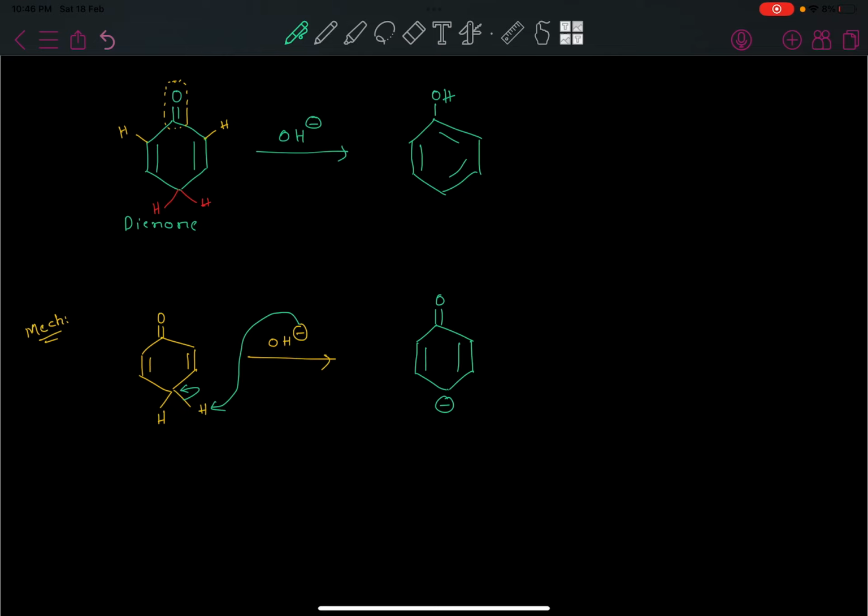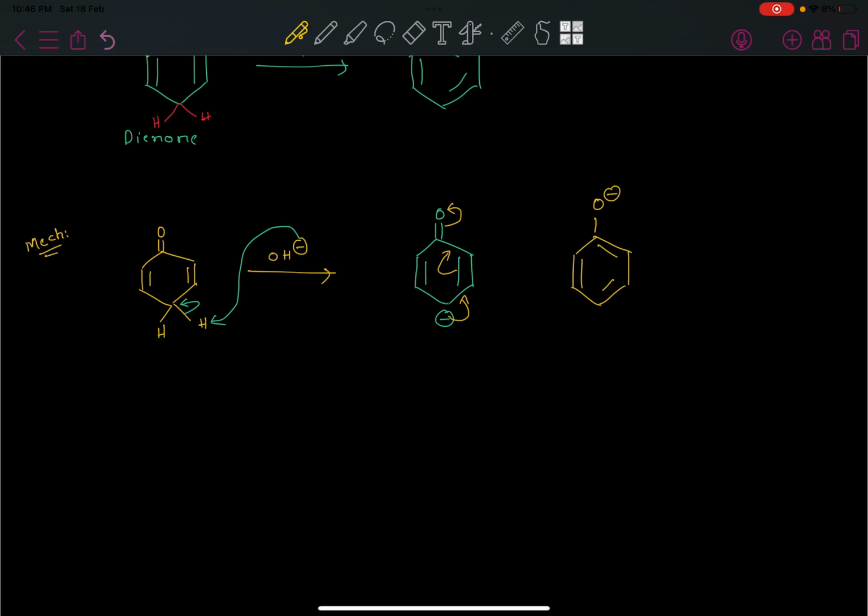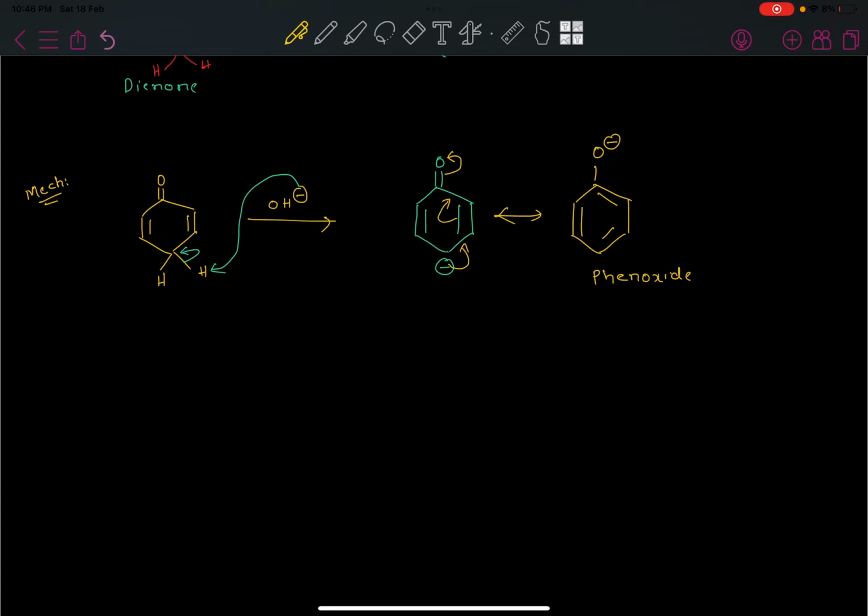So now what happens here is, because of this negative charge, the electron density will shift in here, this will shift in here, and this will shift in here. I've shown this step in a single step itself, this resonance, so that things are pretty clear to you, right? So this is the structure which will be formed, correct? This is my phenoxide ion, very popular, right? Yes, phenoxide. So this is what my phenoxide is, and this phenoxide, when you're treating with